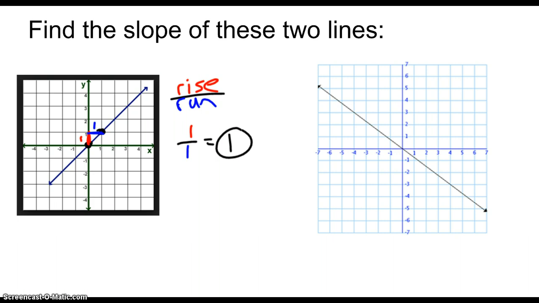So as you can probably imagine, the one on the right here, this goes down from left to right. So as we're going from left to right, it decreases or goes down. This will have a negative slope. Again, we're going to choose any 2 points that we want. I recommend choosing points that are on hash marks. And what I mean by that is, like, for instance,